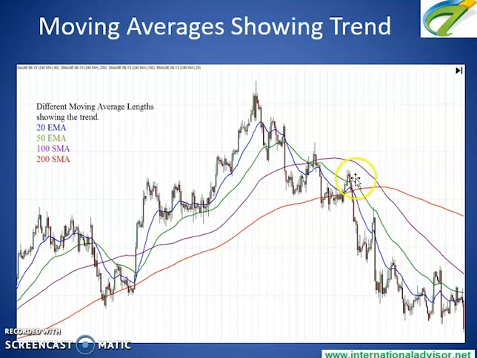Here you can see the blue one is the 20 period exponential moving average, green is the 50 EMA, and this purple is the 100 SMA, simple moving average, and this is the 200 SMA. So with certain crosses, once the shorter time frame average is crossed, the target is the next one, and so on. Here we can see this 20-day moving average crossed this 50-day, so the next target of the price was the next average. After that it was the next average, which came close to that in combination with other statistics like this trend line, and then